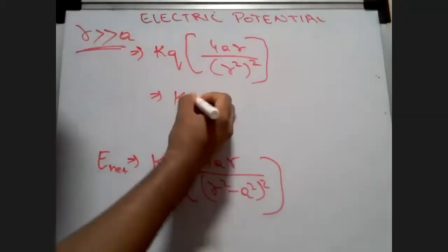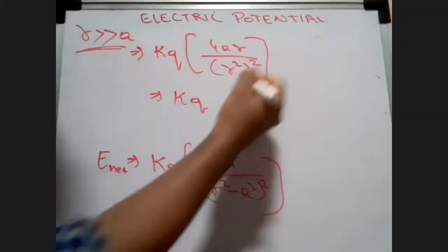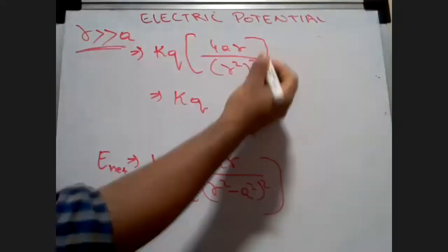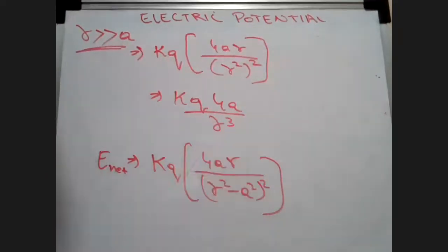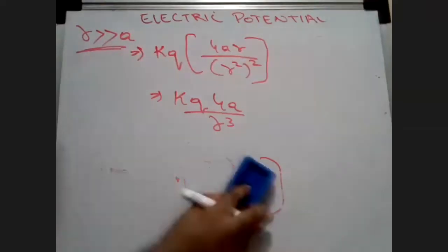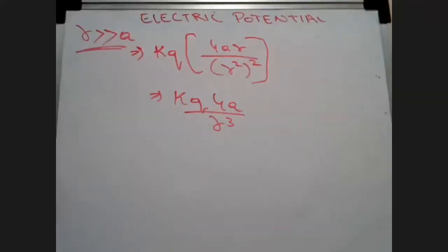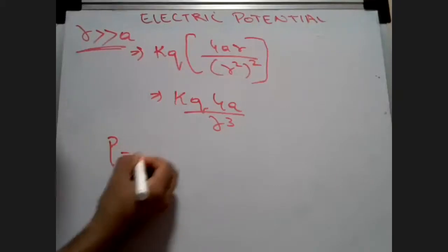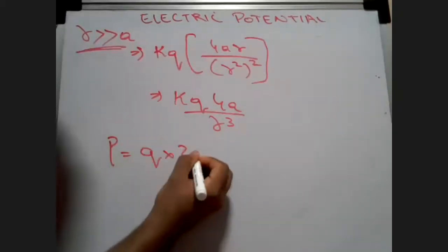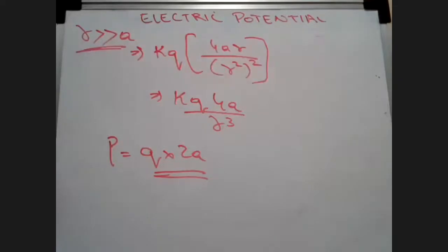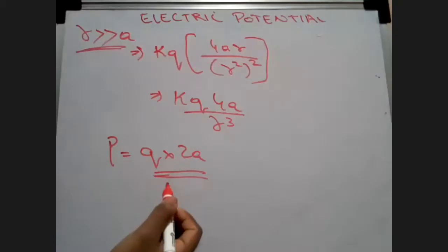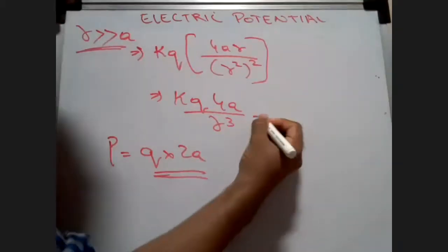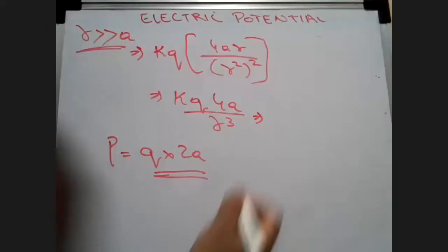So kq is going to, of course, be r raised to 4, and then r gets cut, so you'll get r cube. This is the net electric field intensity. But listen, I told you, p is equal to what? q into 2a. Yes, sir. So I can write this entire term. If it's confusing, just tell me.